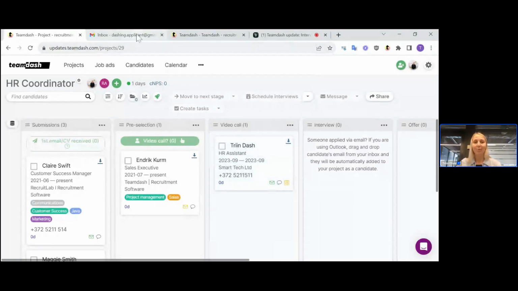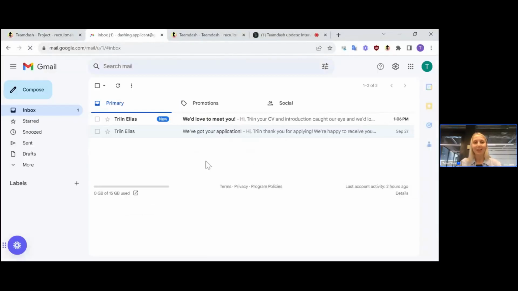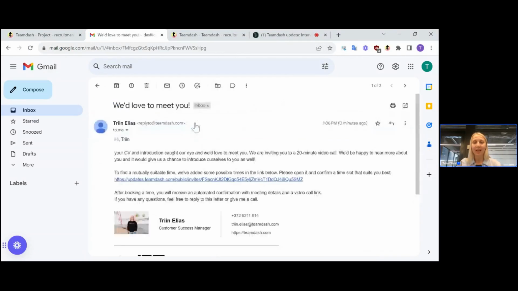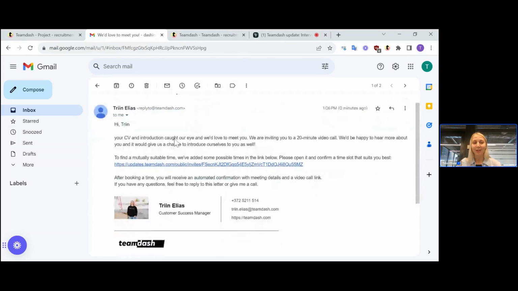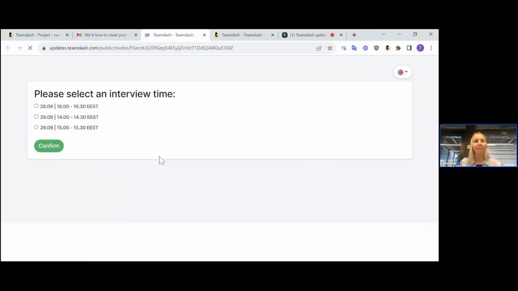And if I now move on to my applicant's inbox that I have prepared here on the side, you can see that the candidate already received an interview invitation. And the merge tag called invite URL is now a unique link inside the candidate's inbox. So when the candidate clicks on the link, they can see the free time slots as a very strict selection